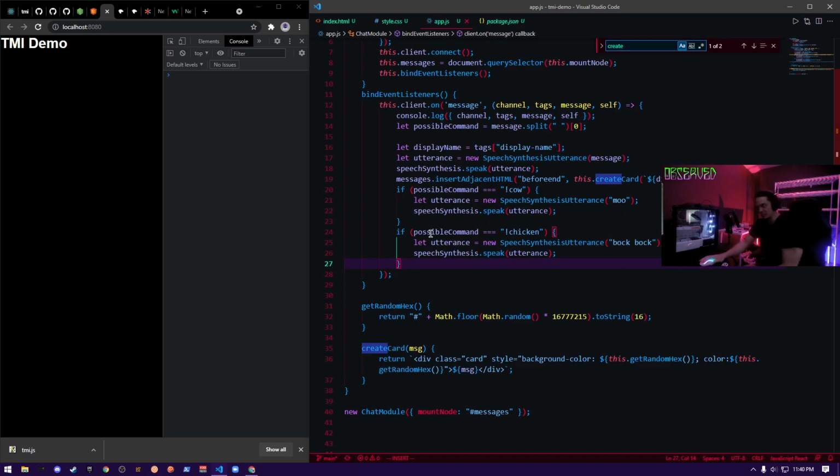So for instance, something like this, if you start having a bunch of if statements, you could consider writing a switch statement.